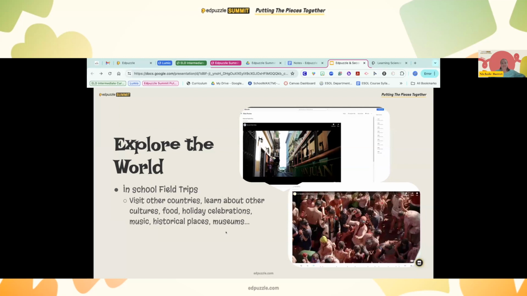So here, this top one is an Edpuzzle that we did in my class with Puerto Rico. We were studying Puerto Rico, learning about San Juan and what all Puerto Rico had to offer. So we are breaking down those classroom walls, and we're getting actually into Puerto Rico through some travel vlog that somebody did and put on YouTube for me, which I love.